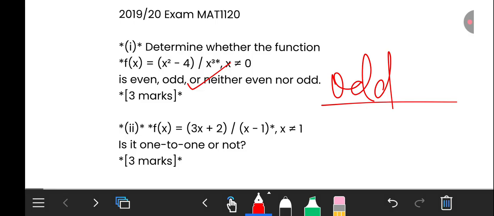equal to 3x plus 2 over x minus 1. Then we are saying x is not equal to 1. Is this function 1 to 1 or not? Okay, is it 1 to 1 or not? So let's find out. For a 1 to 1 function, let me write first this function. It is f of x is equal to